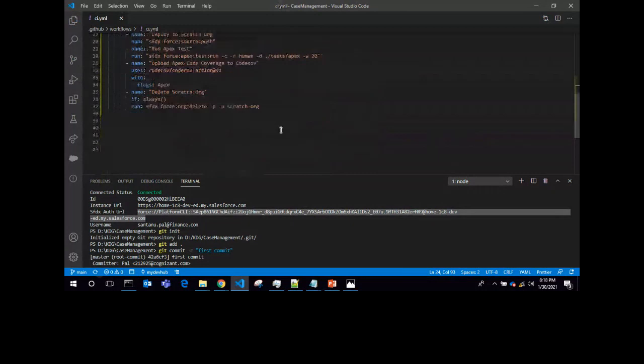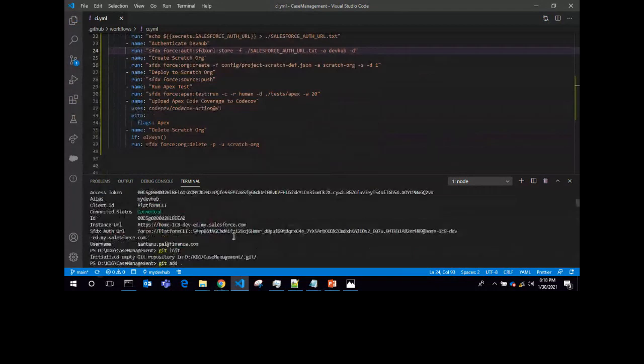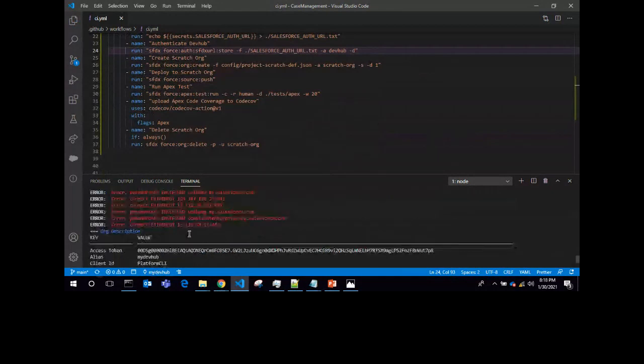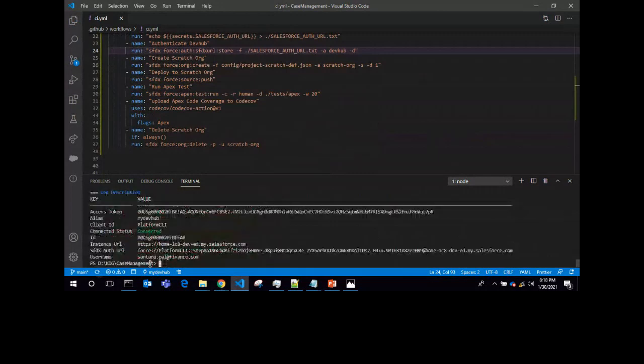Oh, that is already given. Let's see the same feature branch. Yes, it's the same. No issue. This command has already written the result. Initially it threw an error due to the firewall, but it has written the result. In the same way, you will get the sfdx auth URL, and you need to store it in the secret of the GitHub repository. Now I have to commit this. git add dot.